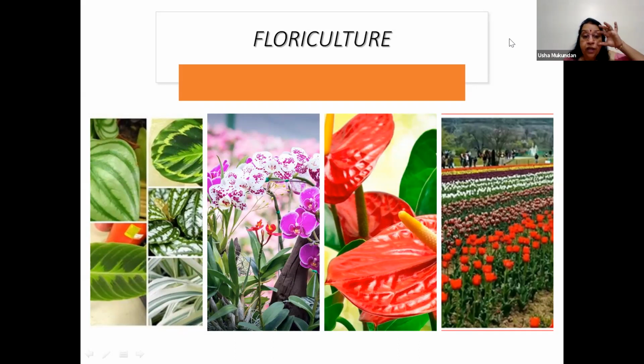So you can see beautiful tulips. Now the Netherlands was the main area for floriculture, but with labor being very expensive, they started outsourcing this industry to countries like Thailand and India. Thailand is still the hub for orchids. They have a cooperative society where each and every household grows orchids, and the method of propagating these orchids is by tissue culture technique.